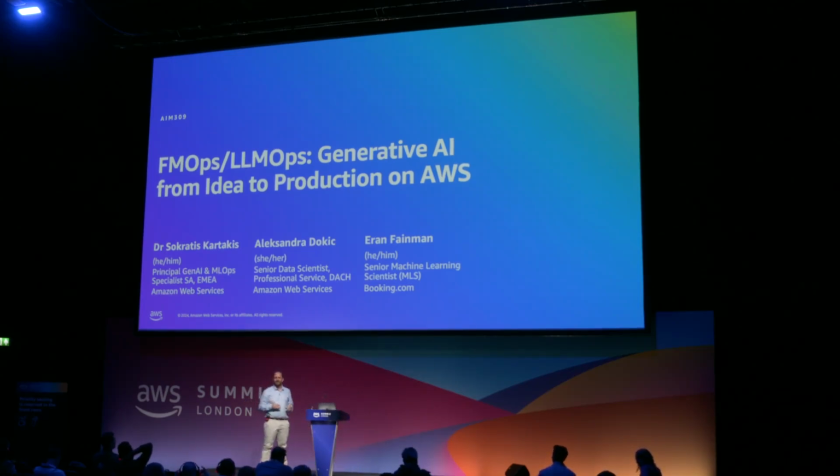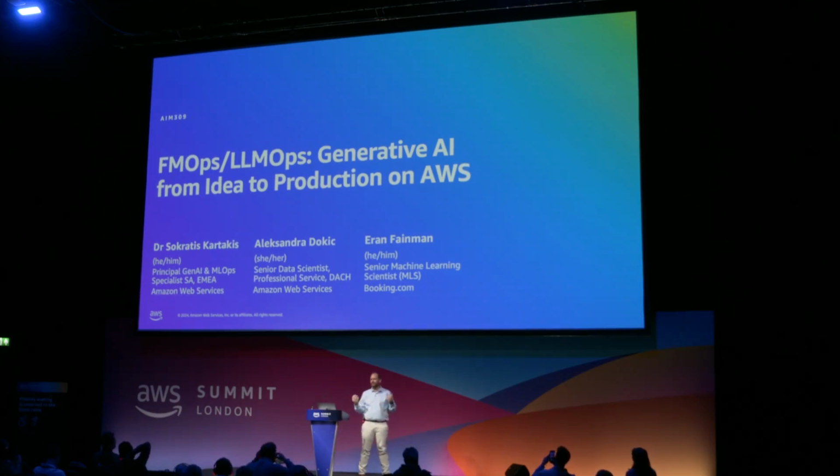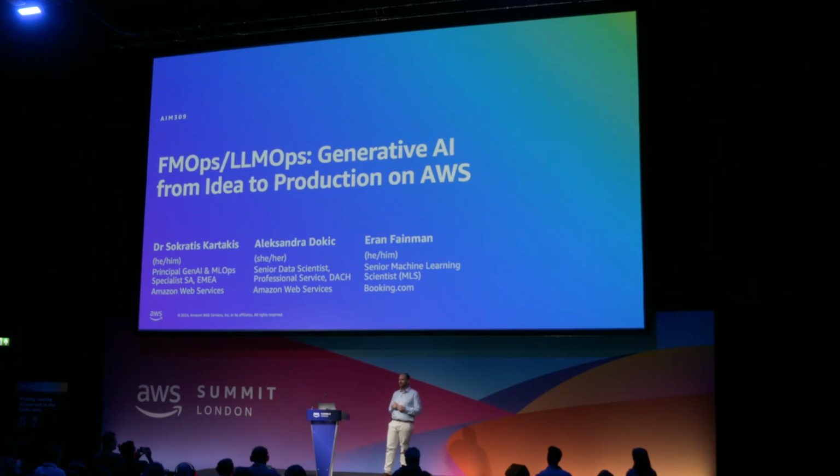My name is Socrates Kartakis, a Principal Solution Architect for AWS, and I show most of our customers across EMEA how to productionize either machine learning solutions or generative AI. Today we will also show you the journey to go from idea to production for your Gen AI workloads together with my colleague Alexandra, and also Booking.com will show us the journey that they took in order to